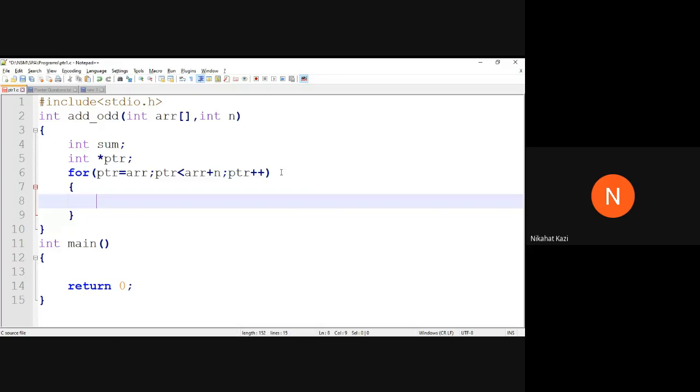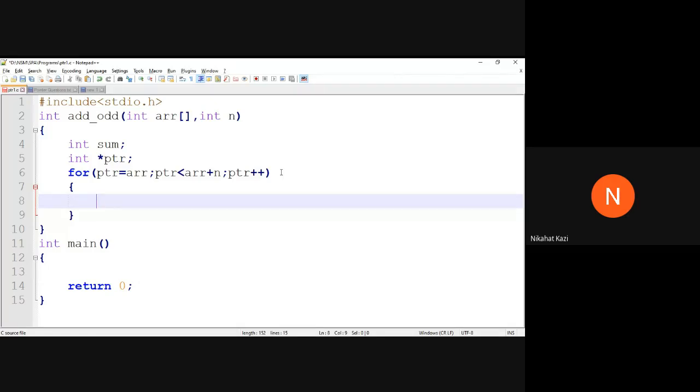Since PTR is an integer pointer, the first PTR plus plus takes you to array of 1, so it will point to the address of array of 1 in the second run of the for loop. In the first run, PTR is ARR, which is nothing but the address of ARR of 0.